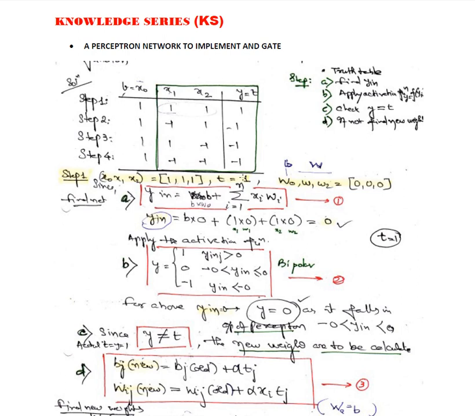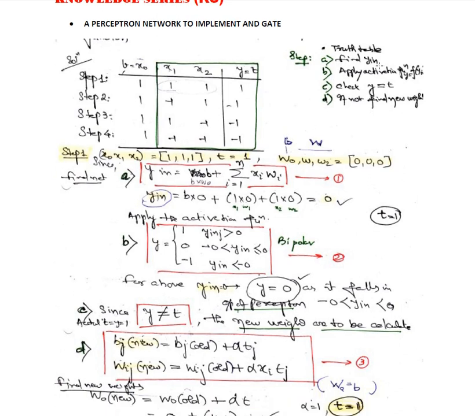So the target is 1. Since we have 3 inputs, we will have 3 weights. So we are initializing; first we take the weights as 0. That is the initialized state, and the bias weight is also 0. So this W0 is nothing but a bias weight, which is 0. So first we are going to find out Y in. Now when you are going to find Y in, what is written here?